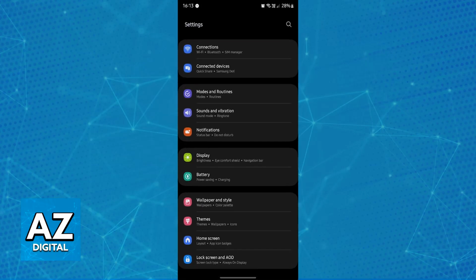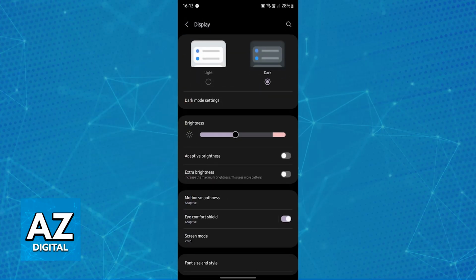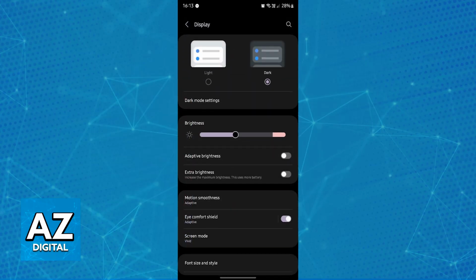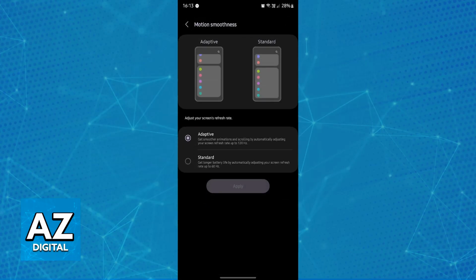This will be done through the settings, so all that you have to do is open the settings on any Samsung device and then look for the display category. As you can see, there will be three main categories at the top, and the third one is going to be display. So head over into display, and instead of looking for refresh rate, we have to go into motion smoothness. So go into the motion smoothness category, and now you will be able to change it between the two main options that Samsung provides.